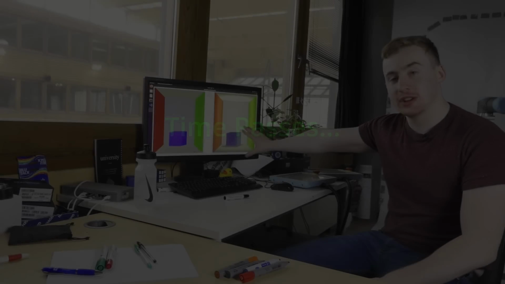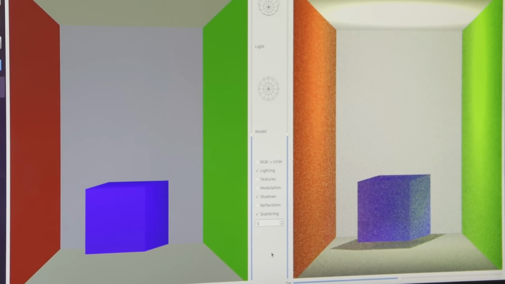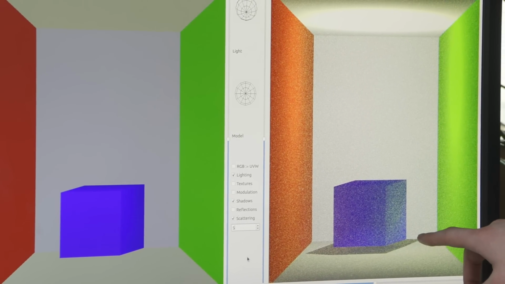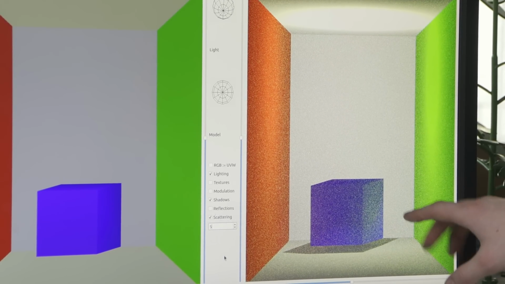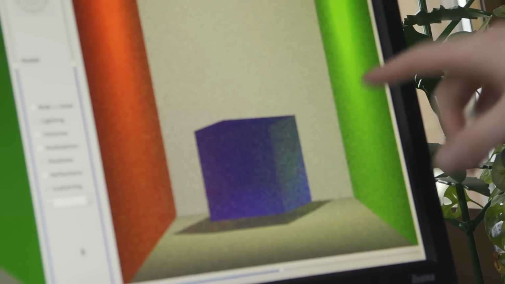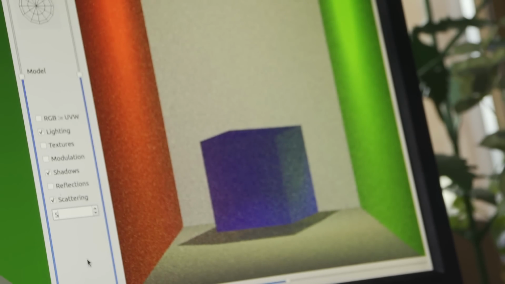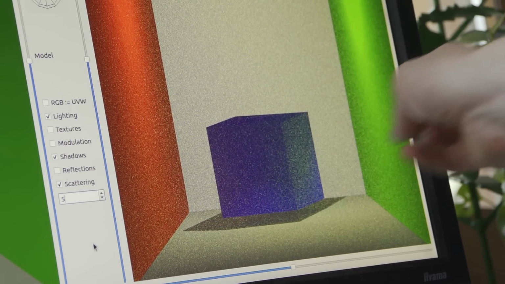This could take forever. It's finally calculated and ooh, it's looking better now. Still a bit grainy, still a bit of noise, but in general it's looking a lot nicer. And what we're starting to notice is that along this side of the square, there's a lot of green. The reason is there's a lot of indirect light coming from this green wall, and we're simulating that because we shoot rays out, and a lot of them are going over there to the green